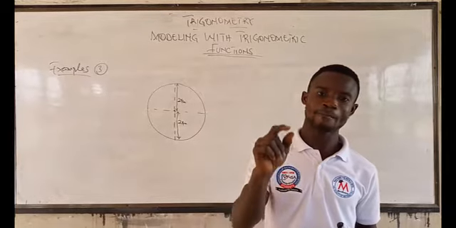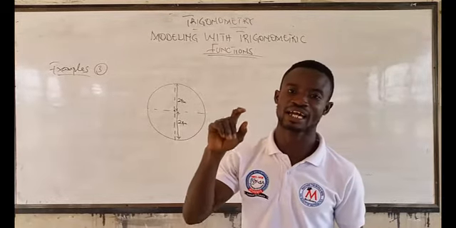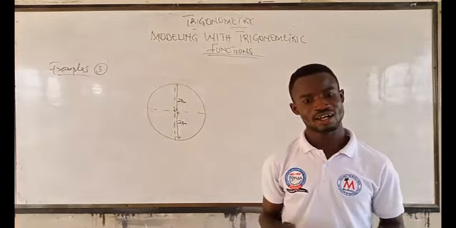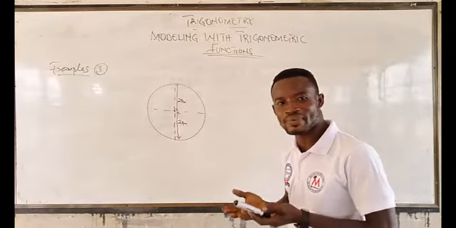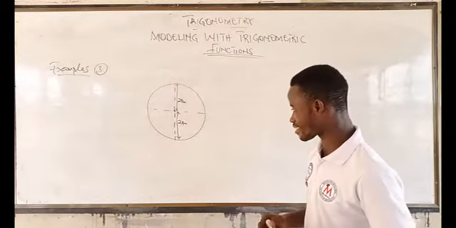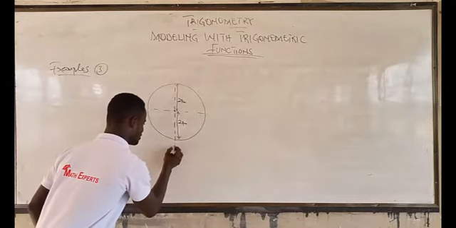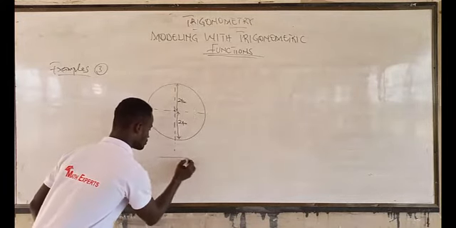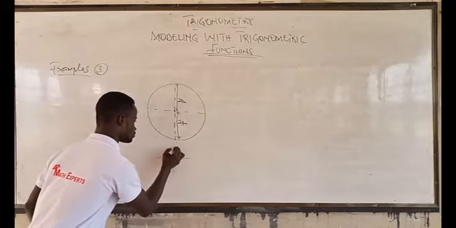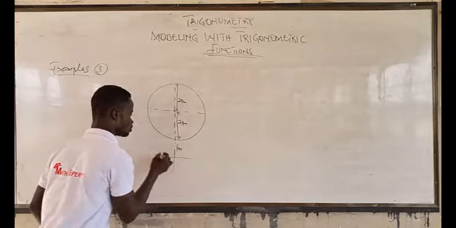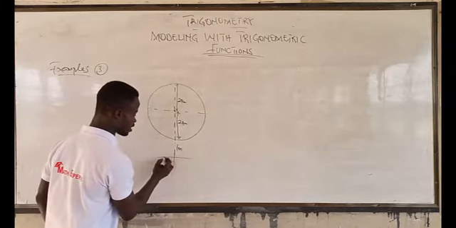Placed 1 meter above the ground. Oh, so that means that it's placed 1 meter above the ground. Take your time. So that is the 1 meter, and the ground will be